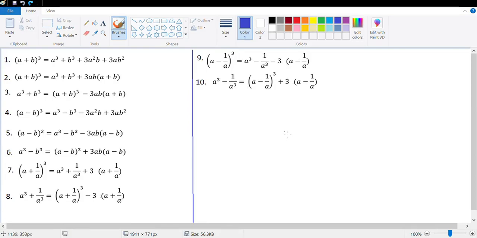Hi guys, let's start the new exercise, exercise 4B. But before we start, let's look at the formula which we'll use. No new formula as such, but it is basically the cube of two numbers, the sum or the difference of